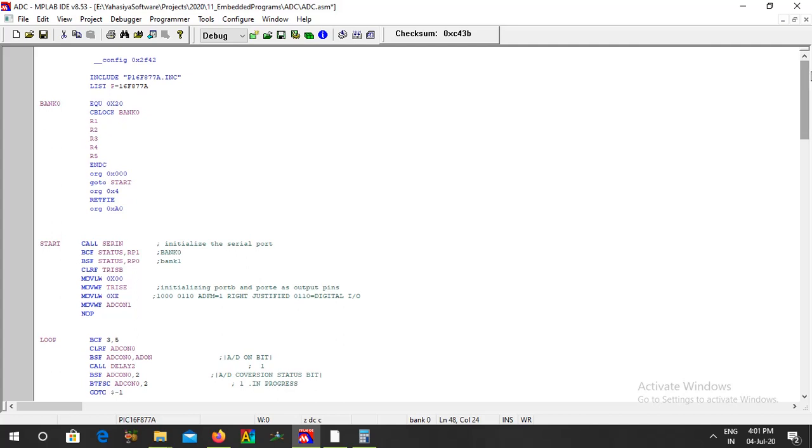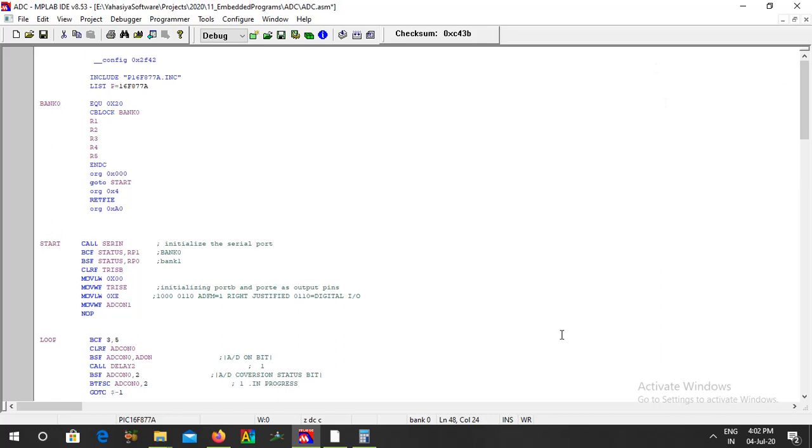Okay, so this is my program for converting a physical quantity, a physical signal, to digital. That means to digitize a physical quantity, we can use this program in PIC16F877A. I have given a complete explanation from A to Z: how to see the data sheet, how to make the different calculations, how to program, what is the meaning of each step, everything. Now let us see the output, how it looks like.